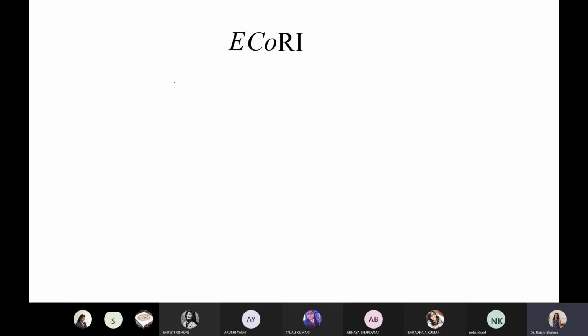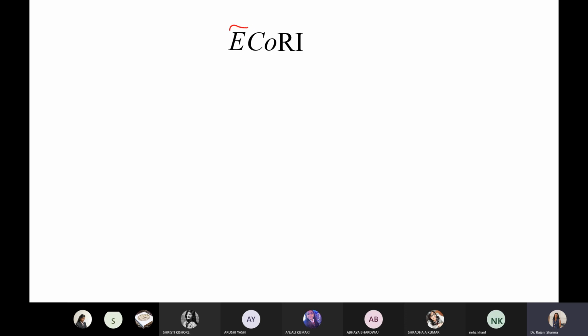Now, another thing about restriction endonuclease is that there is a certain nomenclature for how it can be named. Previously, I gave the example of exonuclease 3, but that is not the right way of naming any exonuclease or endonuclease, or simply any nuclease enzyme. So how will we name it? Here one example is given, EcoRI.